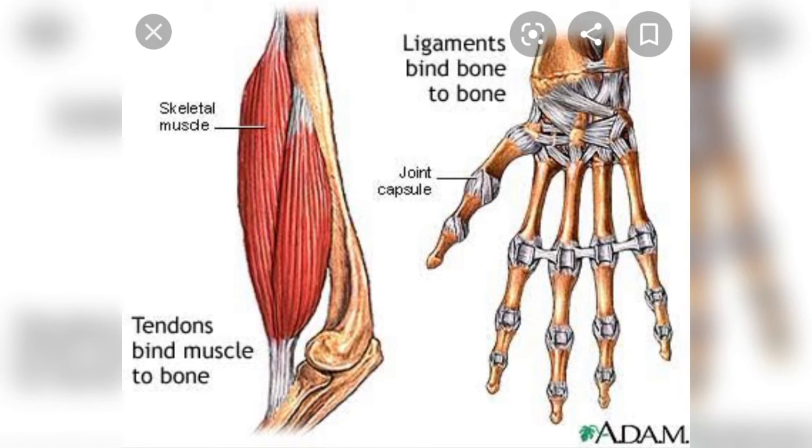And what are tendons? Tendons normally attach muscles to the bones. We already learned in muscle tissue that muscles are attached with the bones. So many muscles are attached with the bones. So the particular tissue which helps in the attachment of muscles to bones, which tissue is it? They are tendons, whereas ligaments connect one bone to another bone.